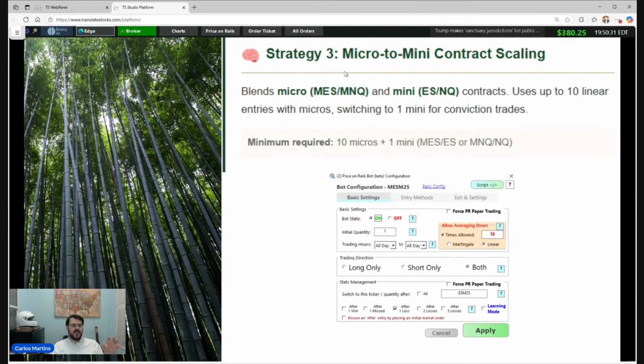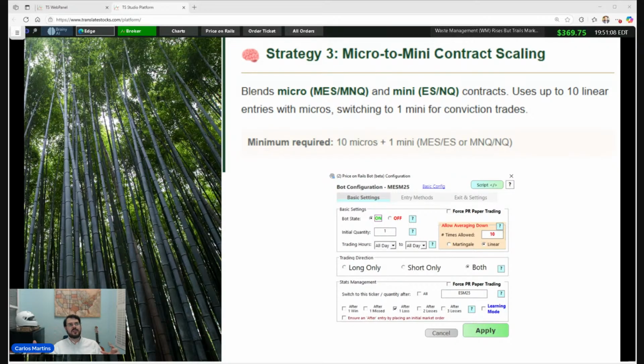It is doing the same thing, using micros and minis with S&P and Nasdaq, the ES and the NQ, but with an averaging down strategy of up to 10 linear entries. And you can see that you can make this a little bit flexible. I am using 16 entries on my bot, but you can do it with 10 linear entries. What's a linear entry, an averaging down linear entry? You guys